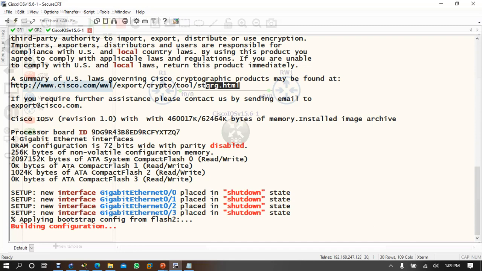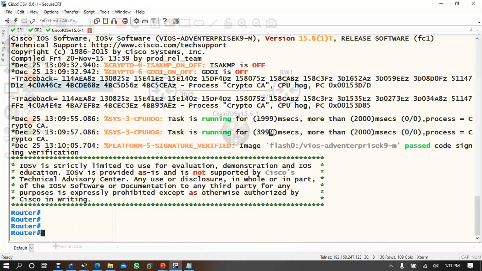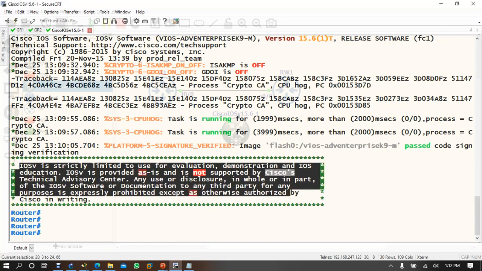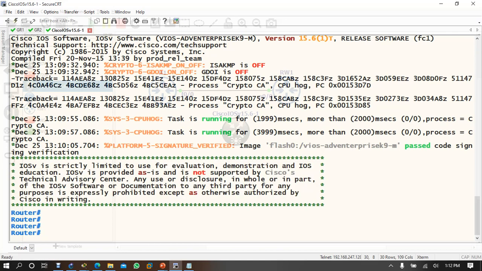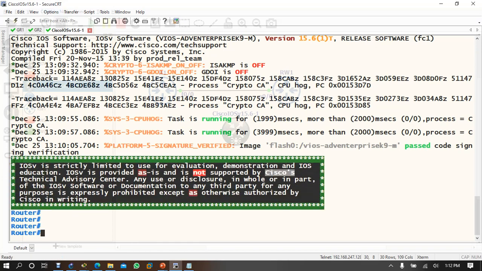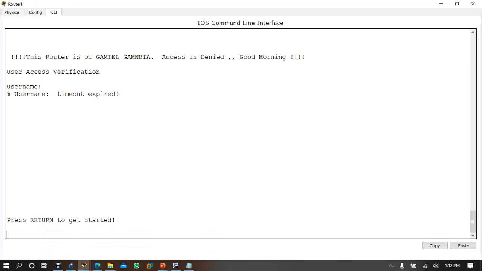So these are messages. See, this is a message, right? This is Cisco IOSv, strictly limited to the, okay, like this. So these kinds of messages you can write. Suppose I come here, copy, let's try if I can write it here.